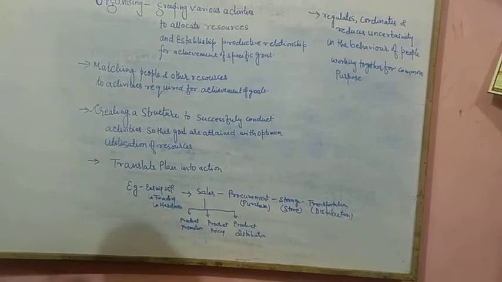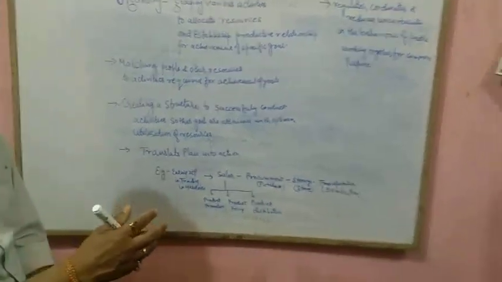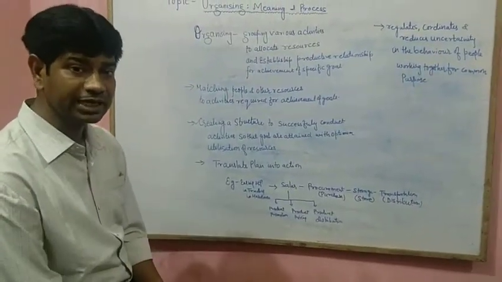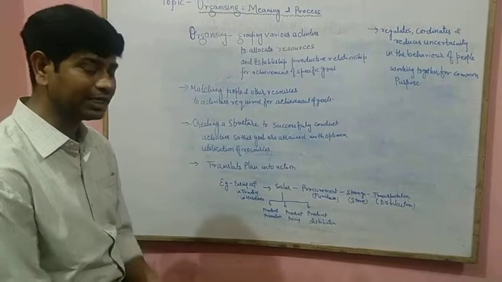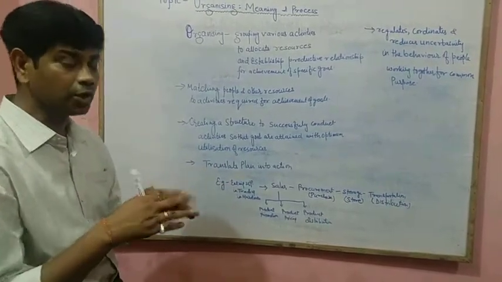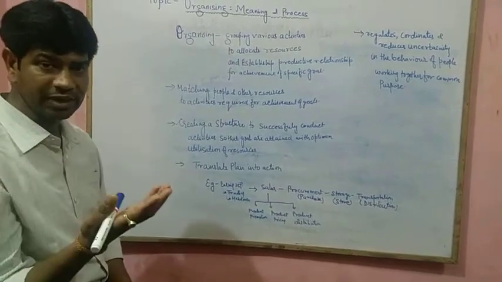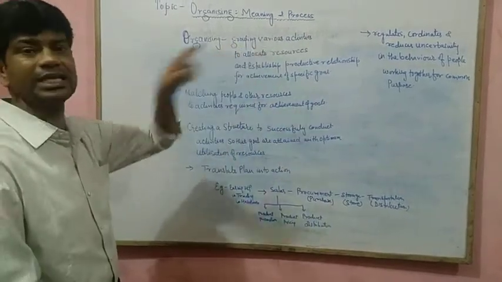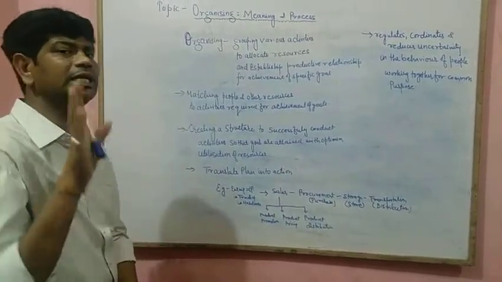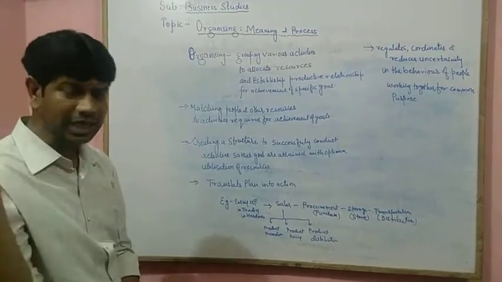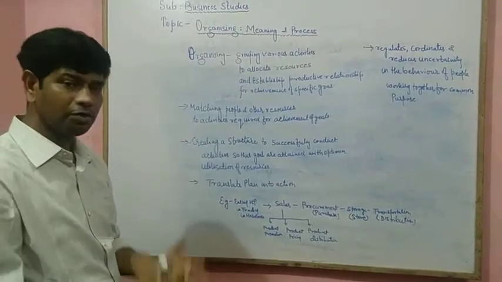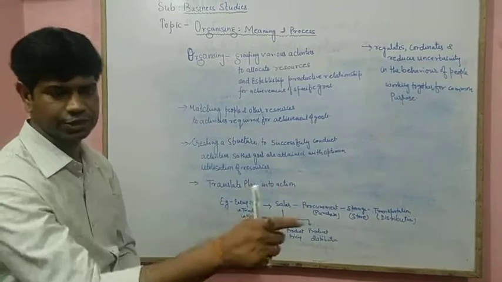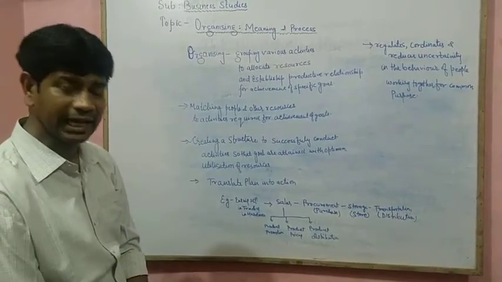Optimum utilization of resources, because it is allocation of the resources according to the activities that are required. So what we find is there is no overlapping of activities, no unnecessary activities taking place. Organizing is basically concerned with grouping of various activities. Only those necessary activities are to take place; unnecessary activities are done away with. And then for the necessary activities, the resources that are required are matched and allocated, and along